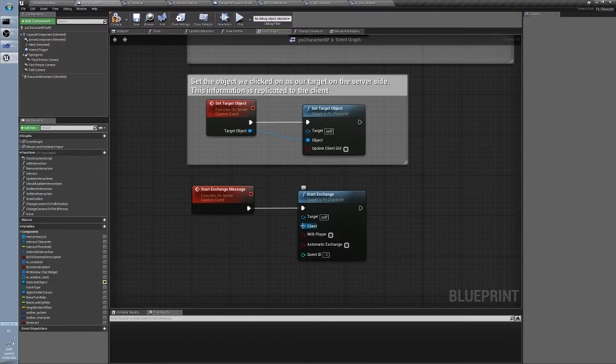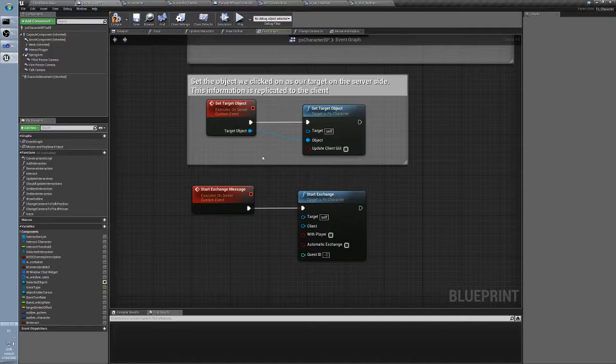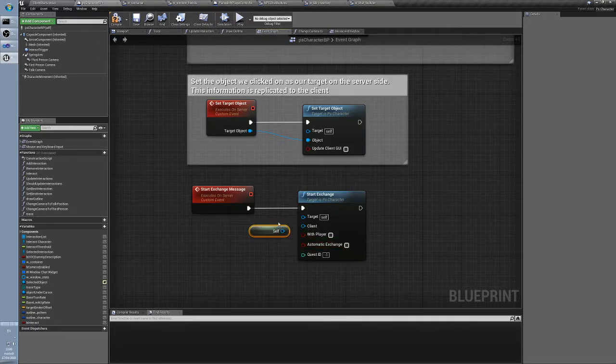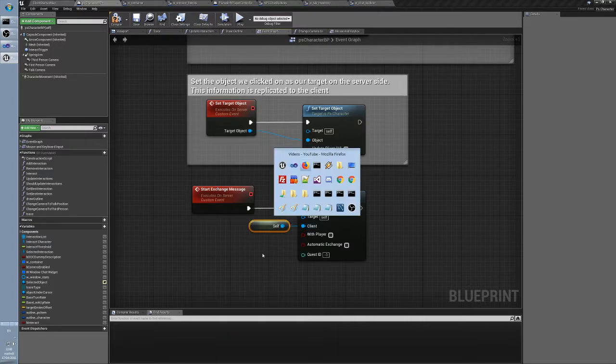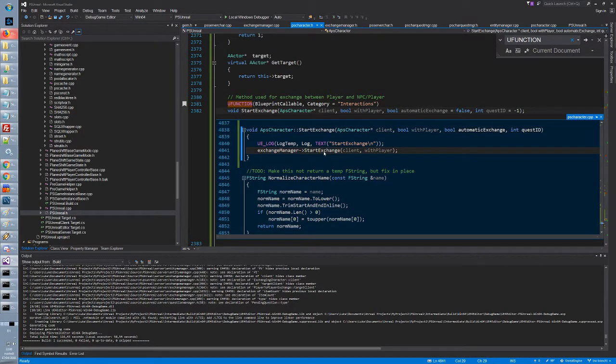So our client is ourself. So this client is actually us. I don't think this is really needed because it knows already it's us, but let's just give it to him. Okay, here. So that, let me check just the new code because it's better. So start exchange client, yes, with player false. We should just set this player as false,